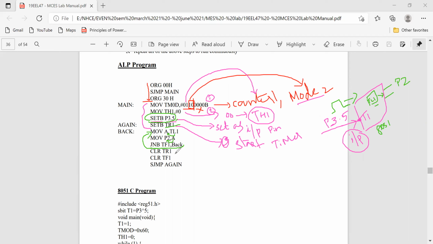Okay. So after that, you can clear the timer. You can stop the timer, and clear the flag. That's it. With this, we are completing the program. If you want, once again you can jump to here. You can start the timer again, whenever you require to count the pulses, and once again count how many pulses we have received. Okay. So this is all about counting the pulse.